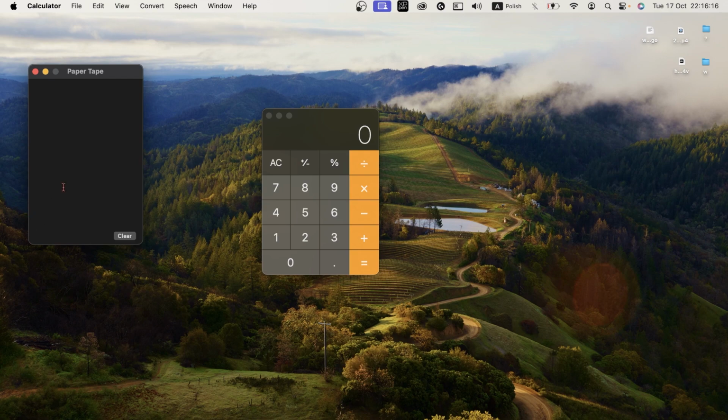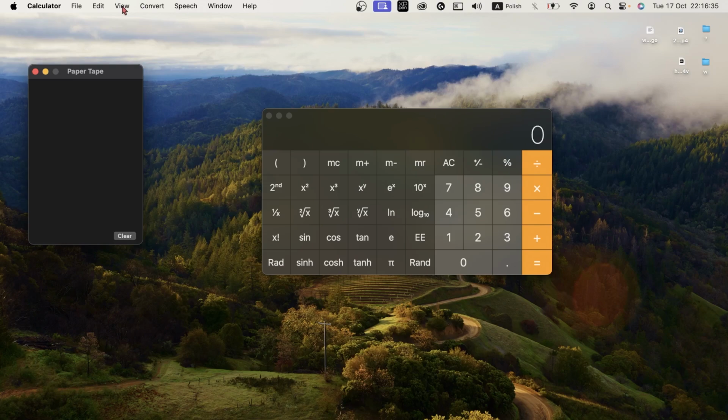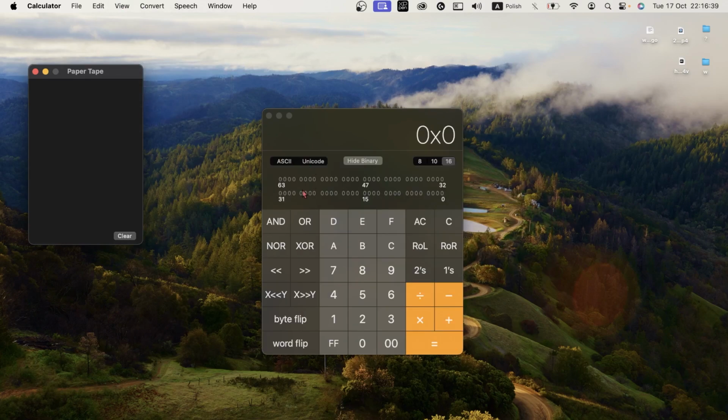maybe you think that here you don't have scientific calculations or programmer calculations. Guys, just click View, and here you have Scientific and Programmer, or you can press Command 2 or Command 3. Bam, bam. As you can see, it's really great, and all your calculations you can have